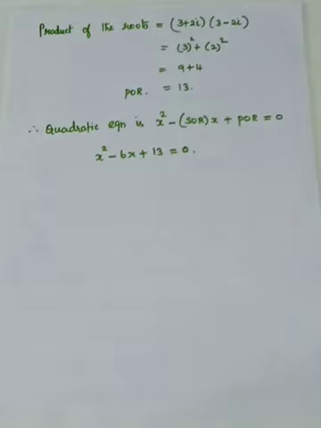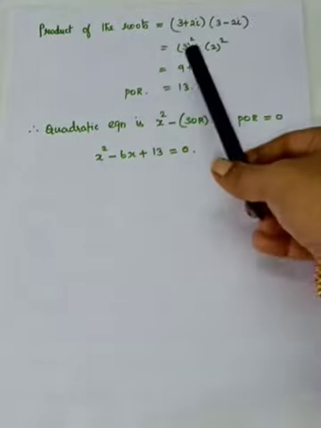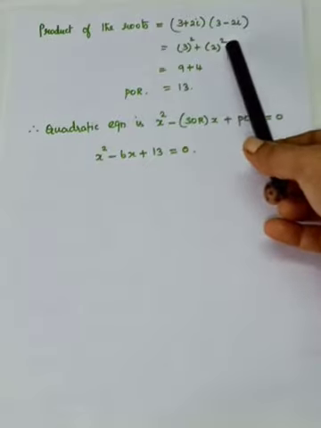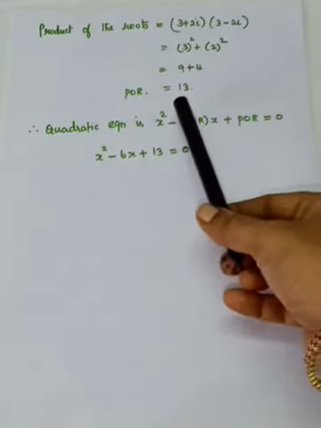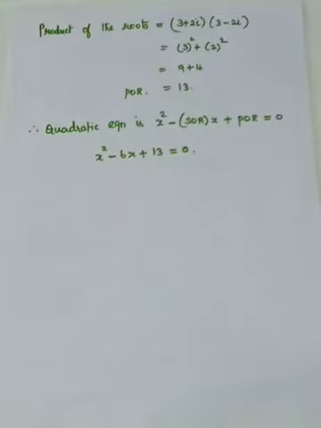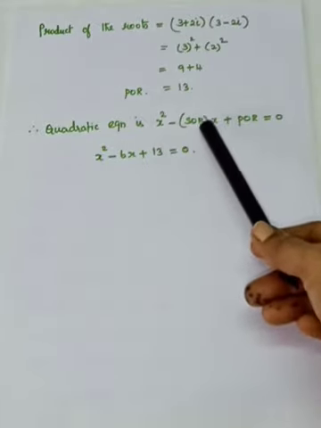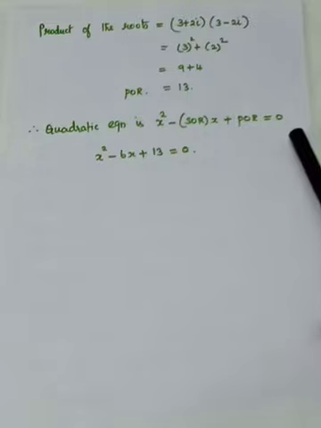So it is in the form of a plus ib into a minus ib. So real part the whole squared plus imaginary part the whole squared. So the real part is 3 squared plus the imaginary part is 2, so 2 squared. So that is 9 plus 4, that is 13. So two roots are there, so we can form the quadratic equation. The formula is x squared minus the sum of the roots into x plus the product of the roots is equal to 0, or otherwise we can say x squared minus (alpha plus beta) into x plus alpha beta is equal to 0.